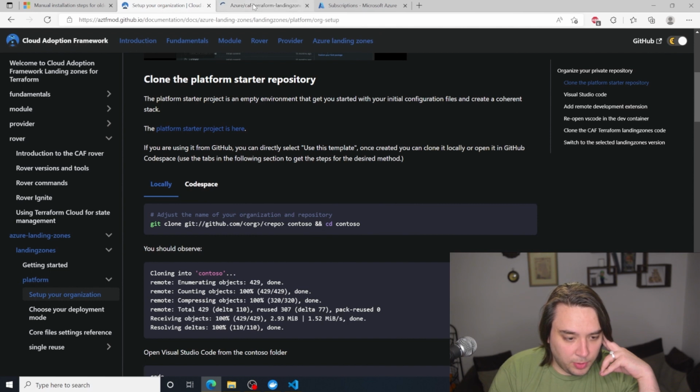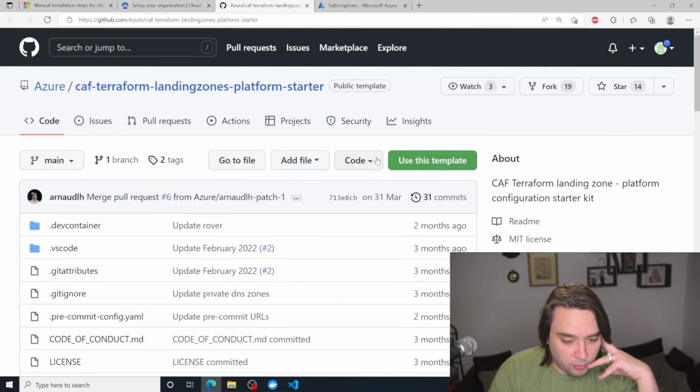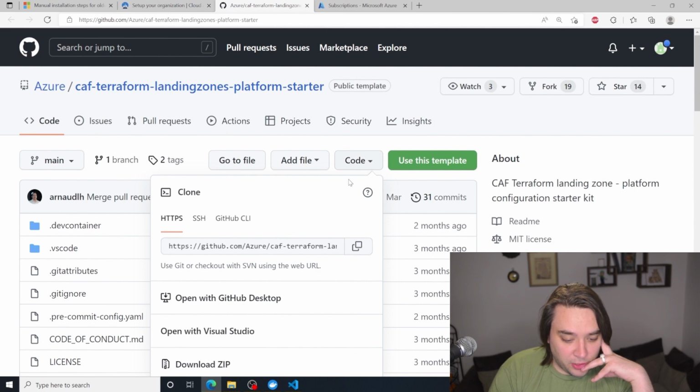We're just going to open up a new tab, and we're going to essentially use this template. So let's just copy this.